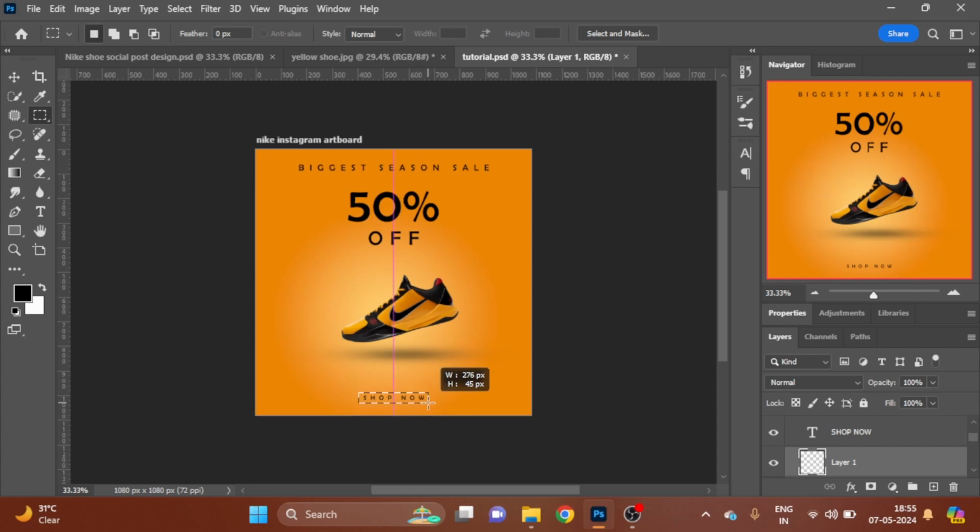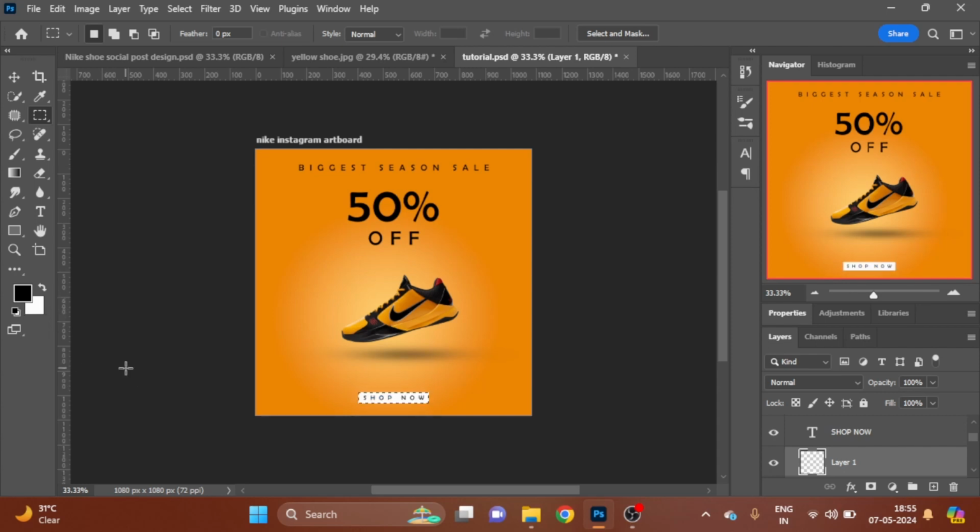It should be correctly placed, and I'm going to change the color. I'm going to make this a black background color. So the shortcut to fill this selected area is, sorry, Alt Delete. If the foreground color is black, you just need to press Alt and Delete. If you want to apply the background color, which is white right over here, I'm going to